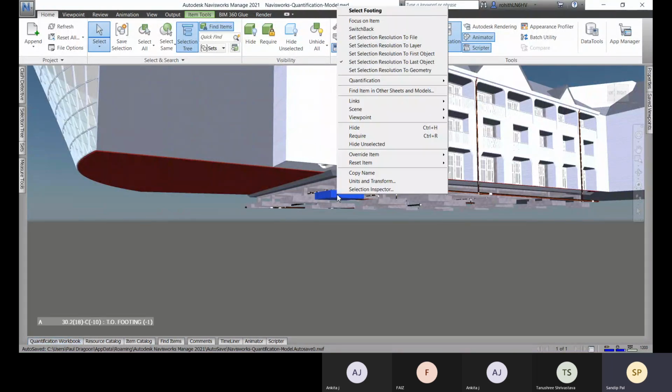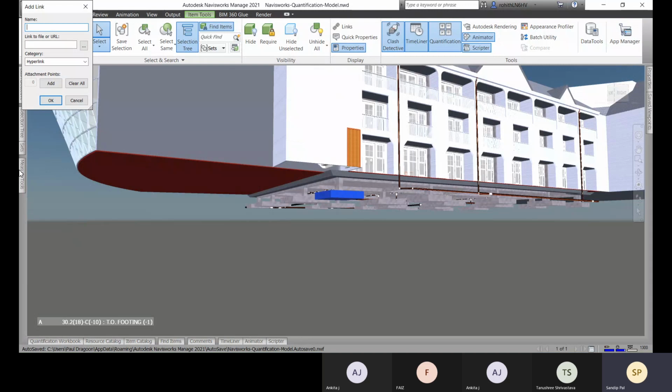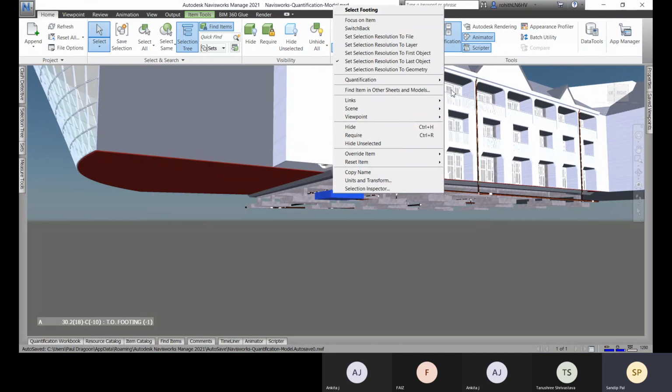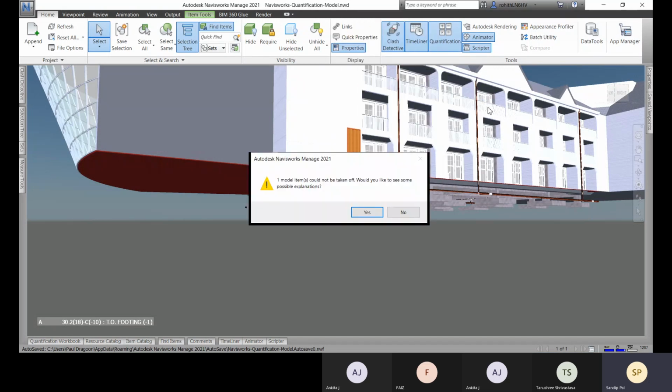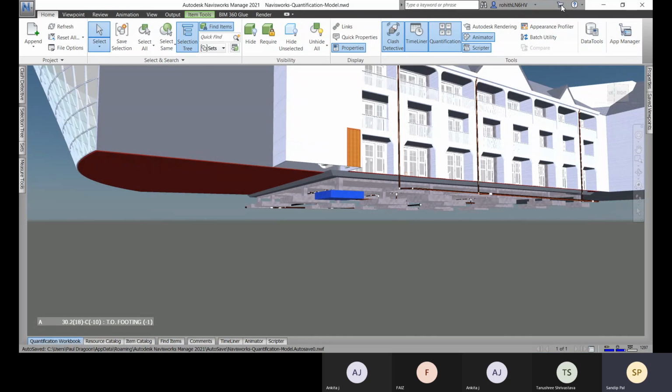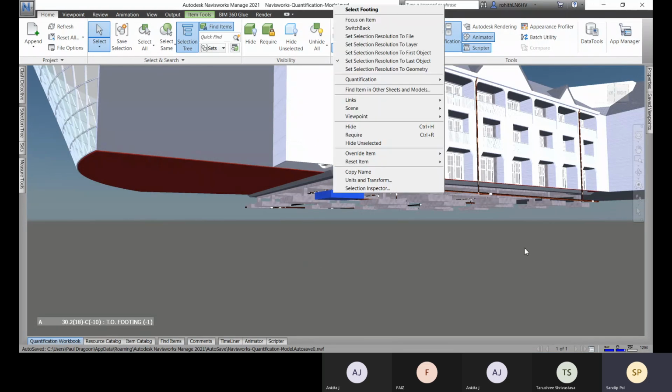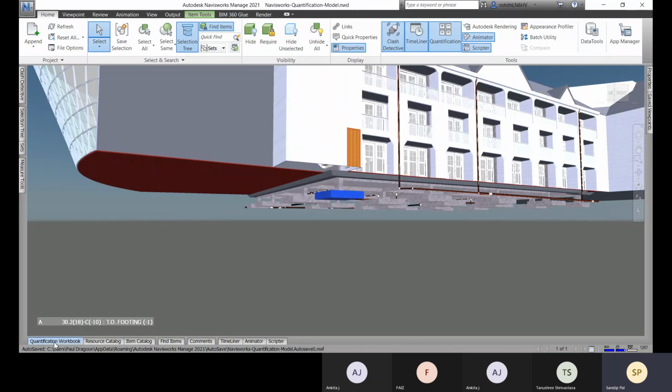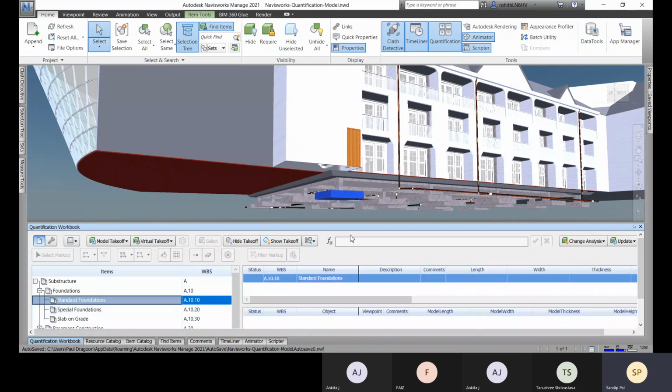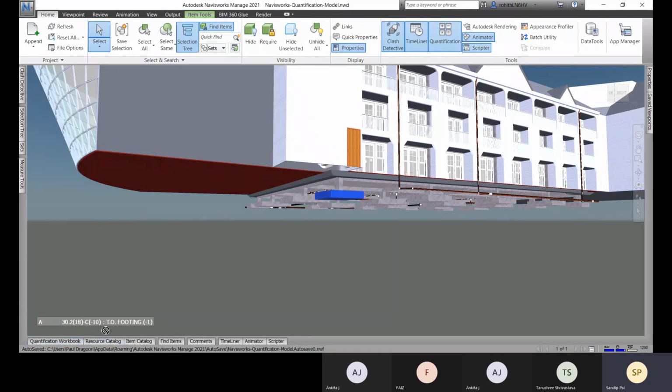You should be getting this. Okay, let me reopen this model again.